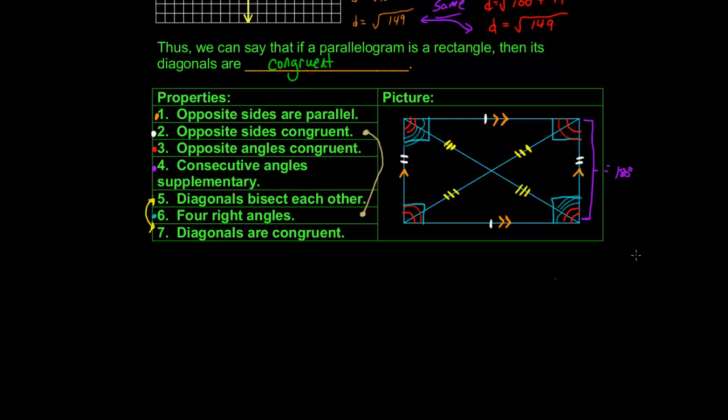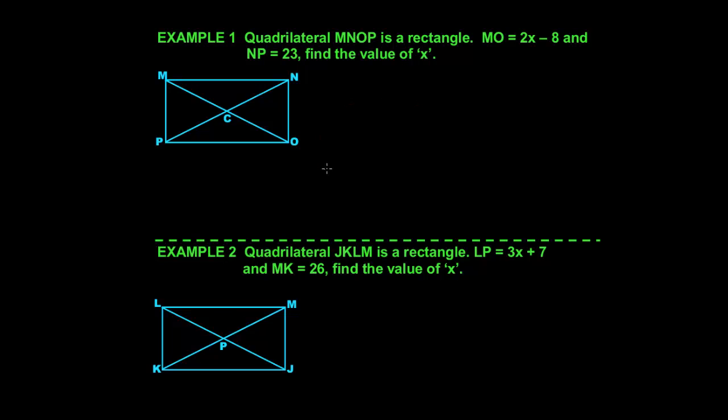Let's take this information now and move to our second page of notes, and let's look at some examples. Example 1, quadrilateral